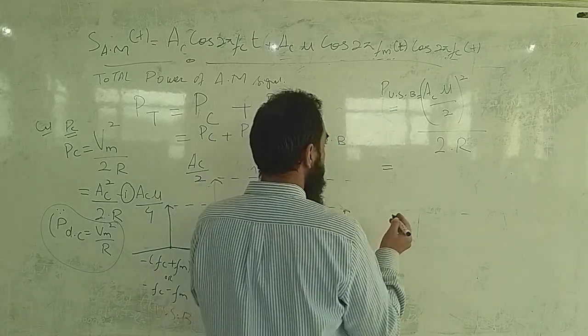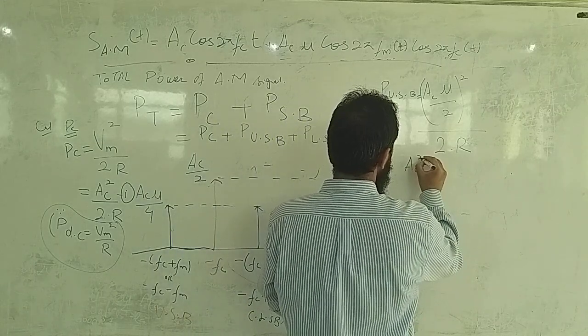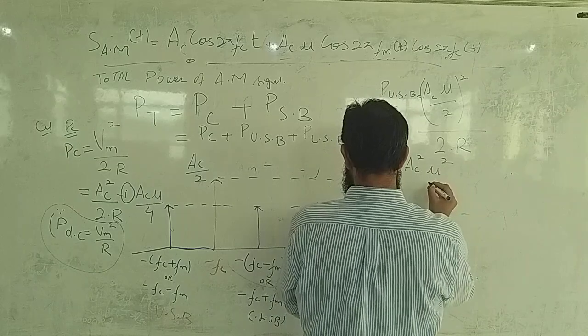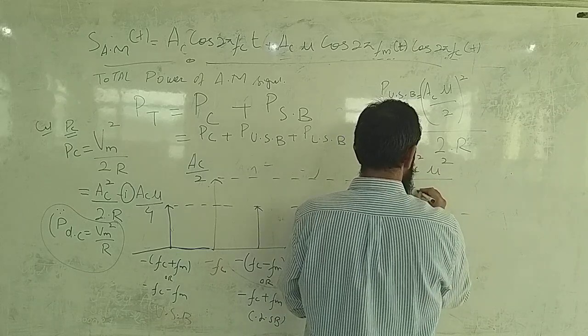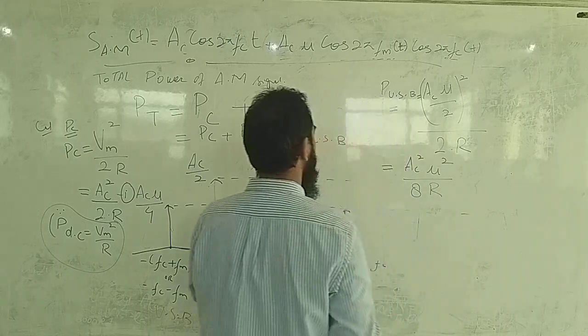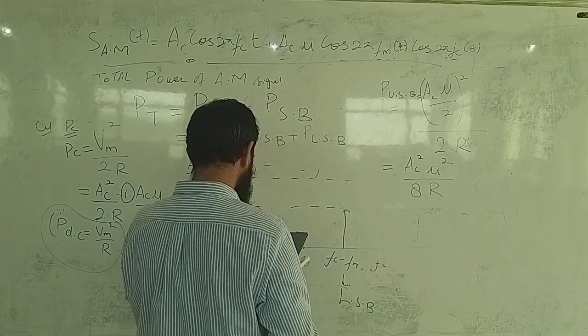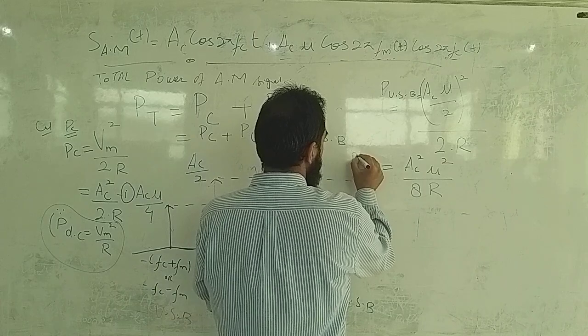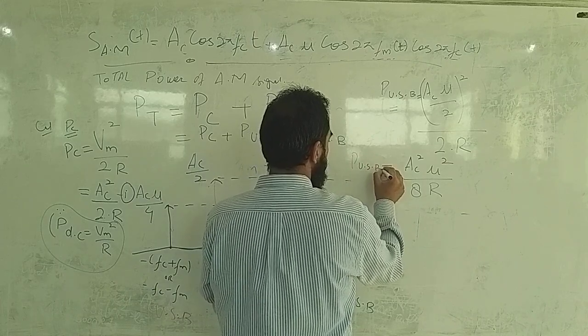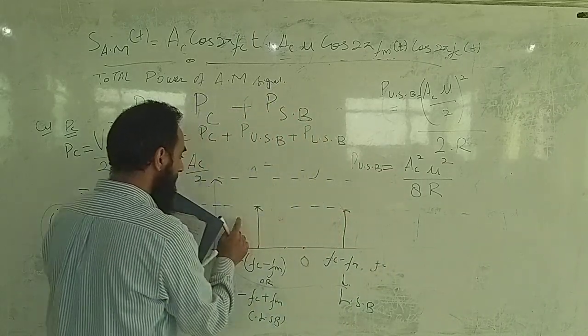It is AC square mu square by 8R, P upper sideband, and since the sideband